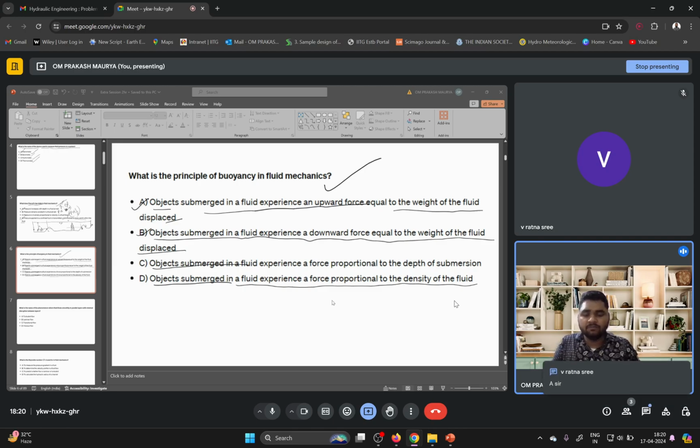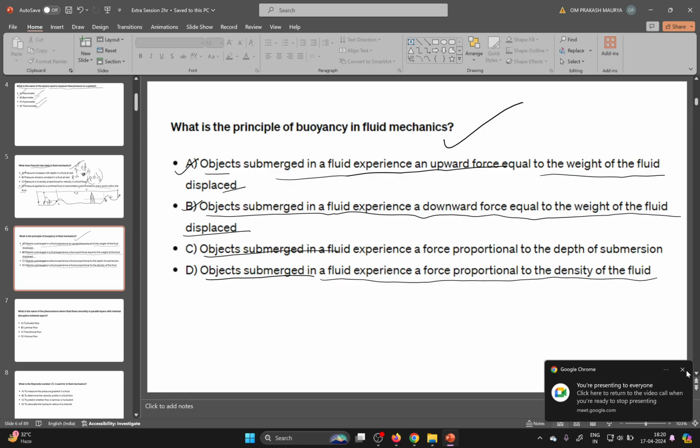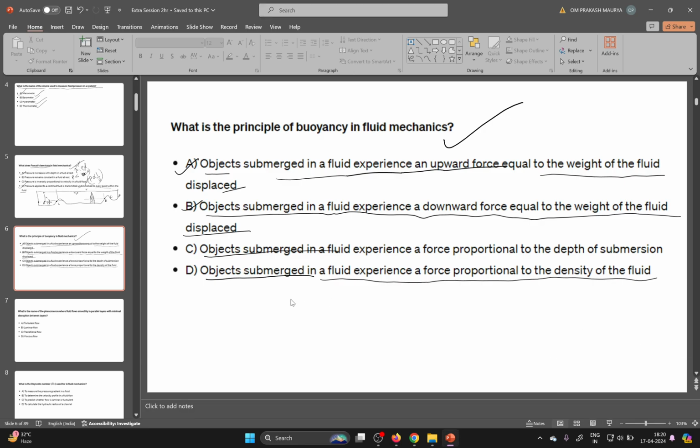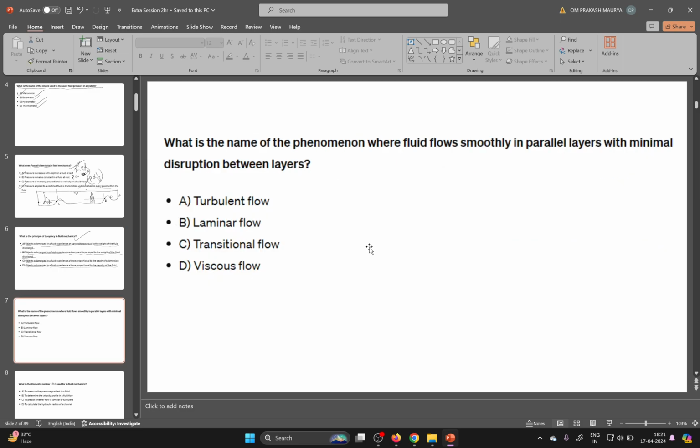Okay, you are telling the option A is correct. Yes, option A is correct for that question. Definitely, an object submerged in a fluid experiences an upward force equal to the weight of fluid displaced. Based on this principle, we'll solve one question. I have one numerical type question. Now, next question is